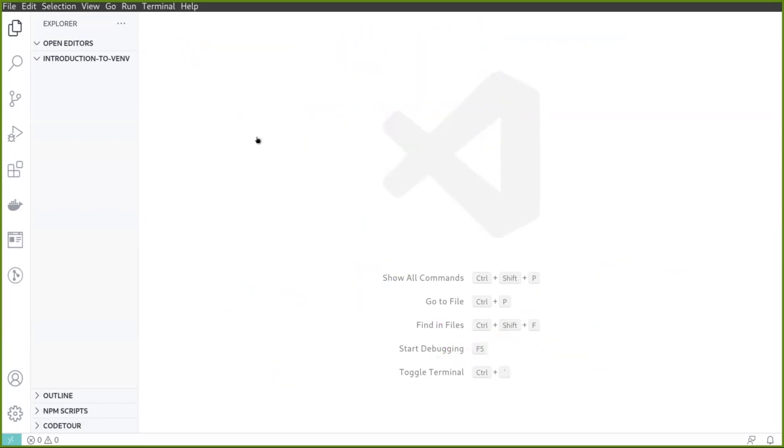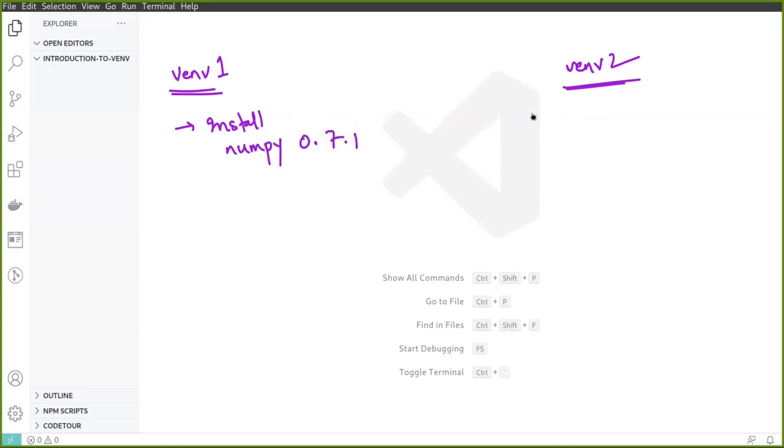So what virtual environments do is, instead of having just one version, you create a folder. Let us call it venv1, and let us also create venv2. This is a folder and this is also a folder, and inside them you can install NumPy 0.7.1 in one, and inside the other you can install NumPy 1.3.2.